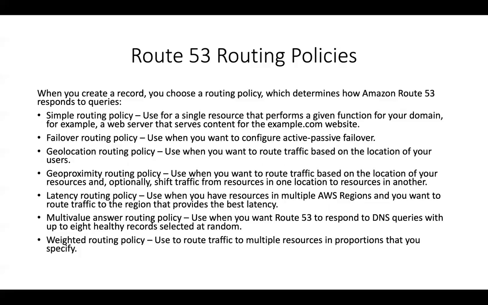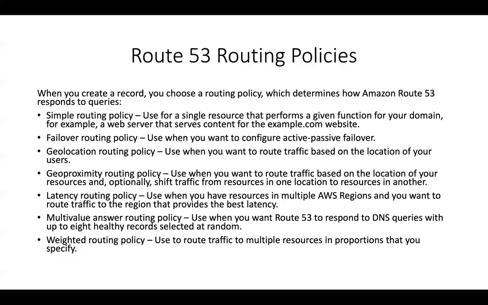The next one, called the geolocation routing policy, is where you want to route traffic based on the location of your users. Let's say, for example, I'm sitting in Chennai right now recording this session, and I have a friend sitting in the US. If my infrastructure is somewhere in Japan, you can think to yourself how the geolocation routing policy would work based on the location of the user. If I'm the end user in Chennai, I may be resolved immediately to the Japan based web server that has been set up, rather than the person sitting in the US. So it depends on where the user's location is.